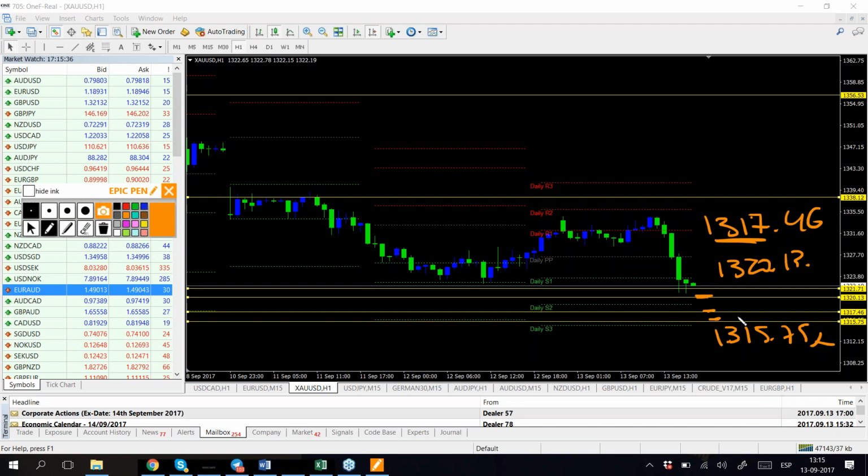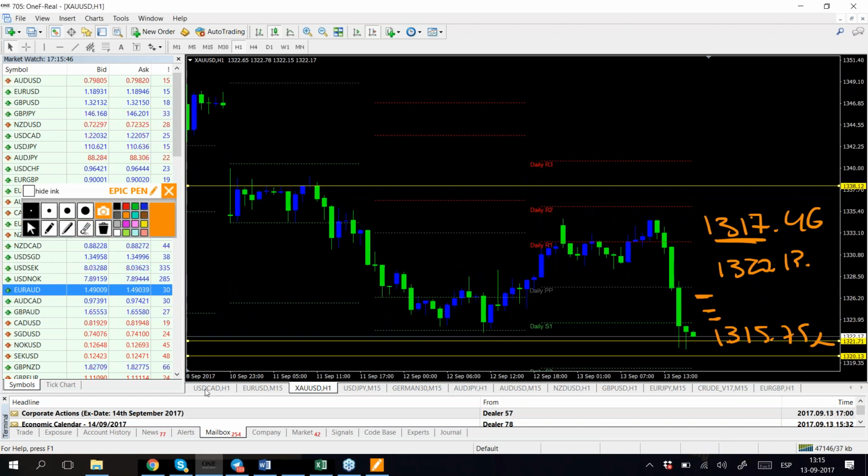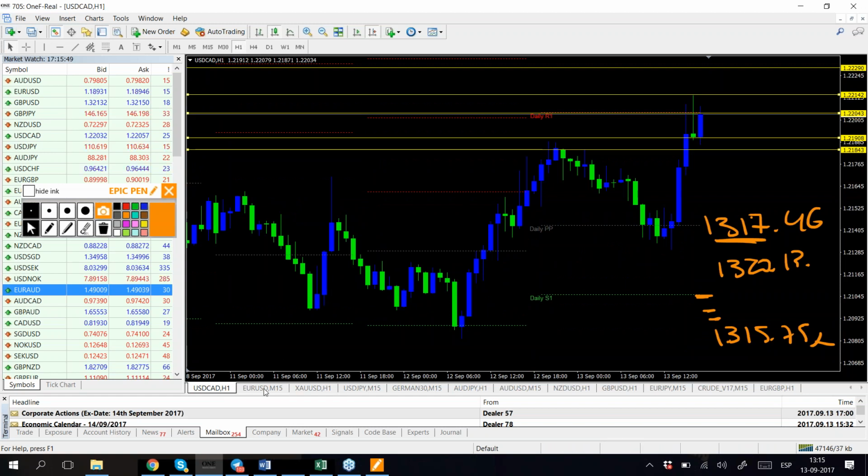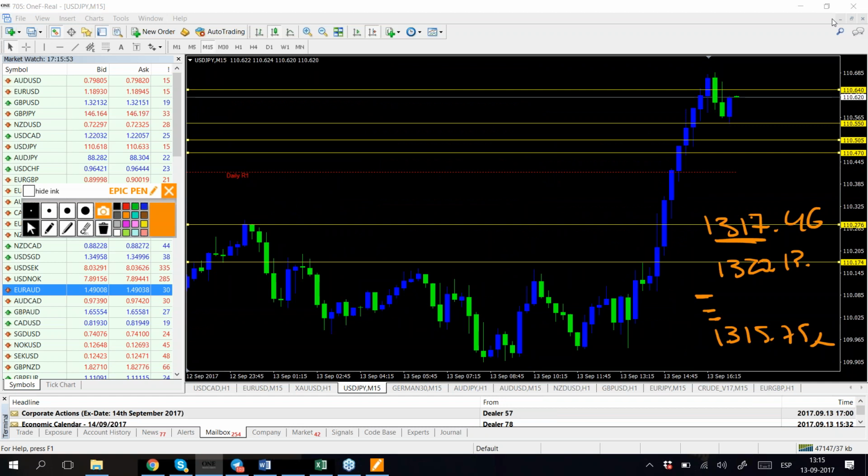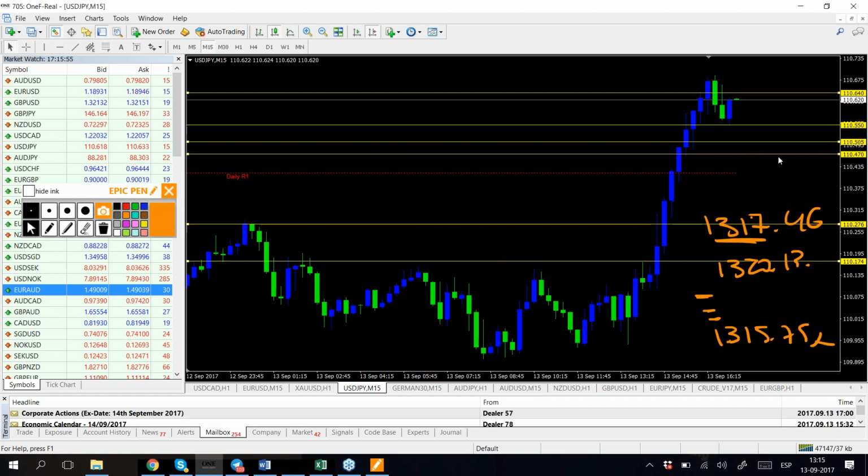We are basically entering in the opposite direction of the pressure in the area. That means our entries are super fast and we're not holding onto them. We just enter and get out as fast as possible. And that's going on with dollar CAD, euro dollar, and gold. And dollar yen, we enter for buyers today,